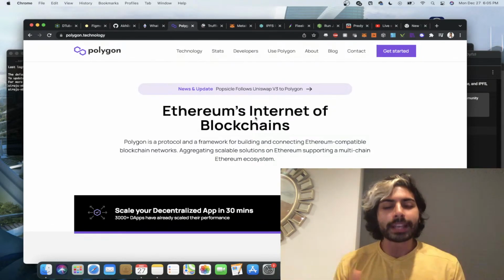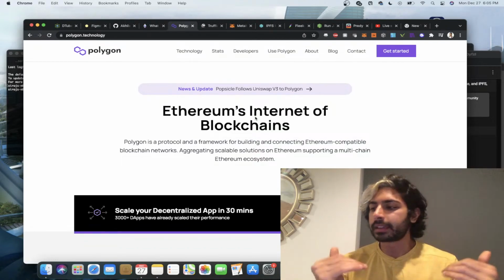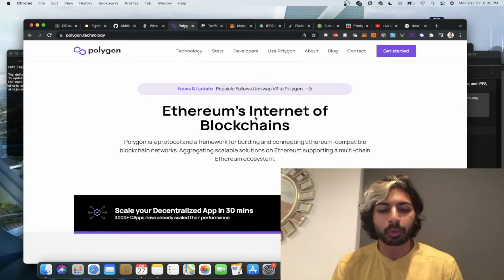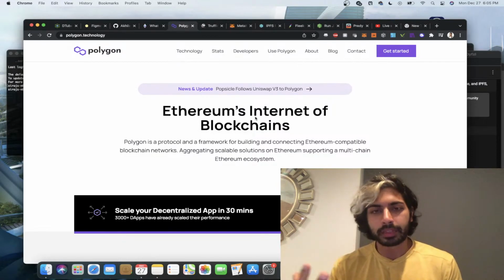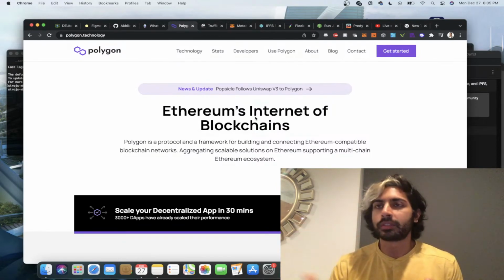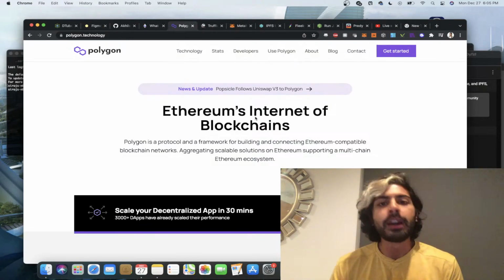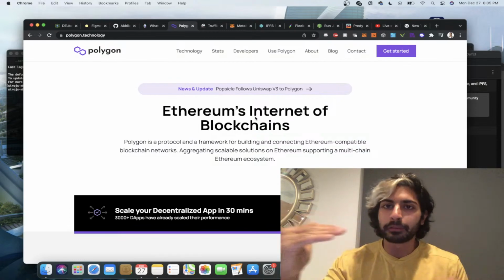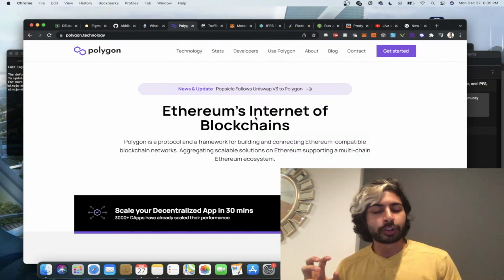And right now it's operated via the proof of stake consensus mechanism. And there are a set of what are called validators on the network. You can sign up to be a validator, validating transactions on the network. And because the network is smaller than Ethereum, all the transactions happening on the network are much cheaper and much faster. And what happens is that every set interval, there's a checkpoint where the validators will send